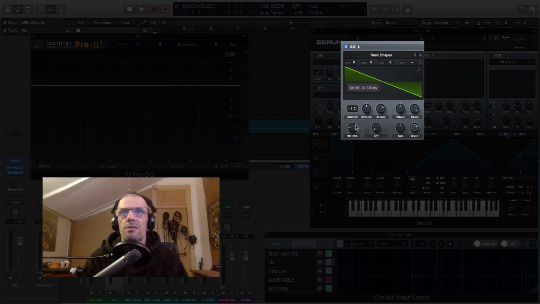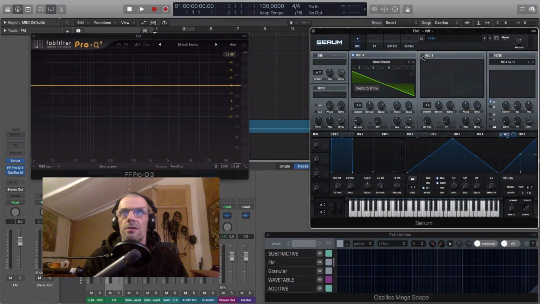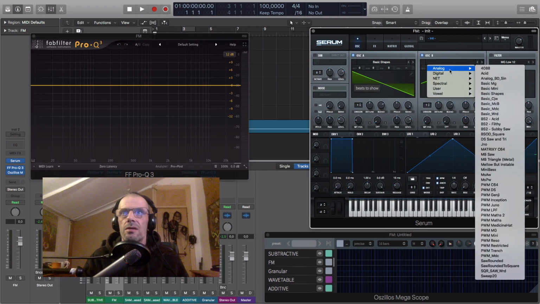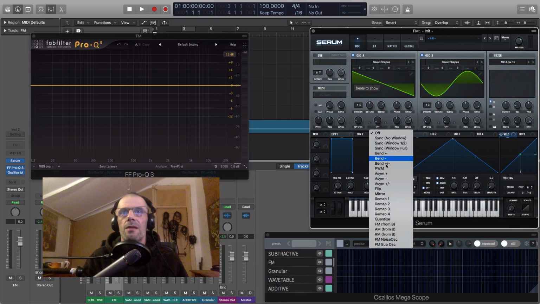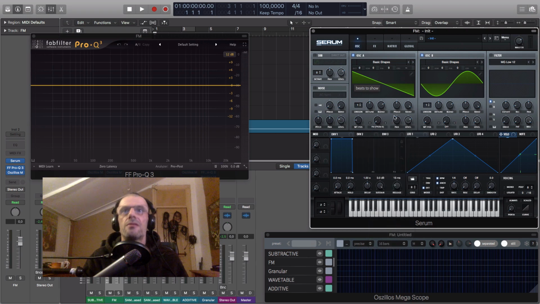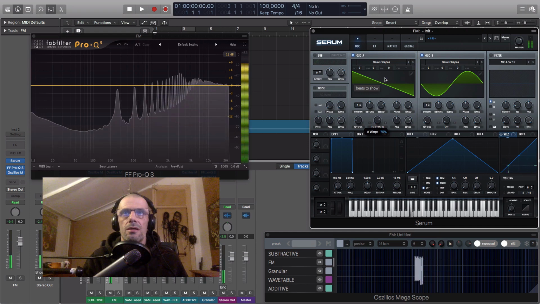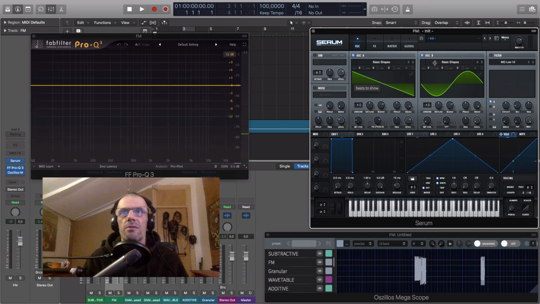It's just a basic shape, a basic saw wave, and I will open up the second oscillator, take off its volume. I can pick another basic shape like a sine wave, for example. And then in the first oscillator, I need to route the B oscillator to the A one. When we start tweaking with this,